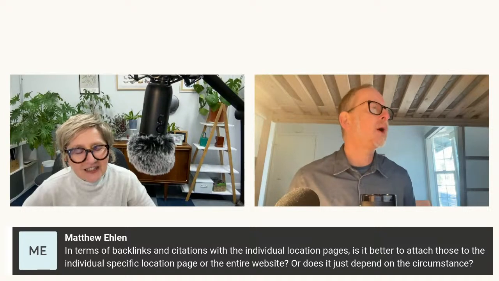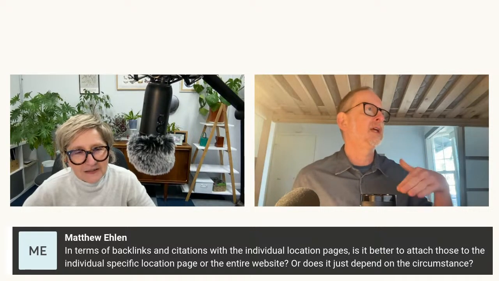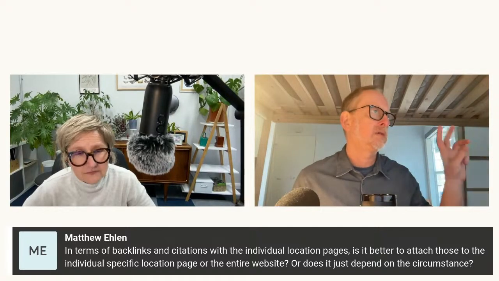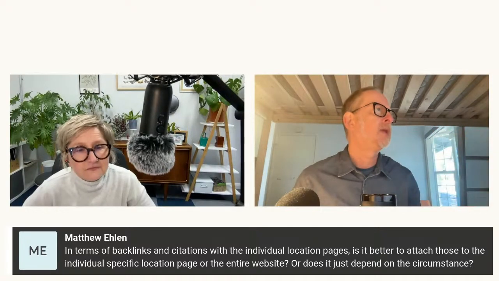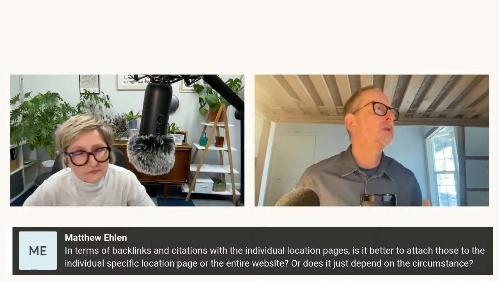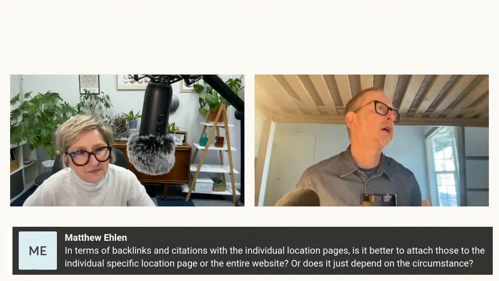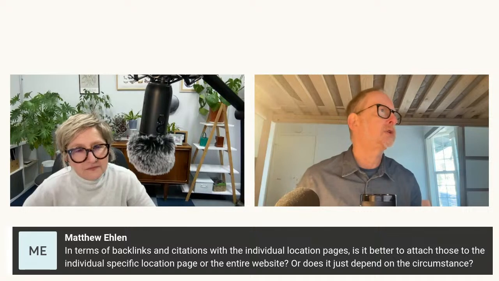But you want Google, the search engine, to see those pages are kind of important and relevant to whatever the city. That said, getting like 1,000 links to a location page seems kind of odd, unless you're having some event, let's say, maybe that makes sense. But that's generally how we would approach it. And if you're a somewhat well-known brand, either nationally or locally, we'd hope that the majority of your links are going to your homepage.